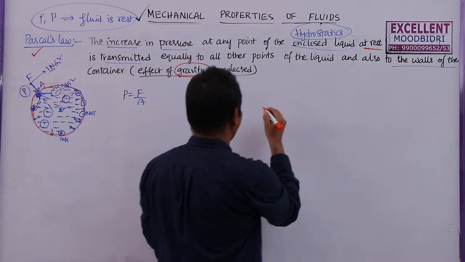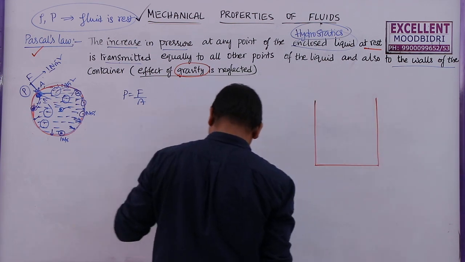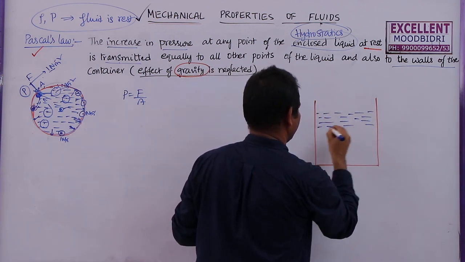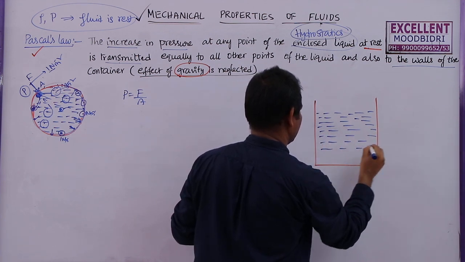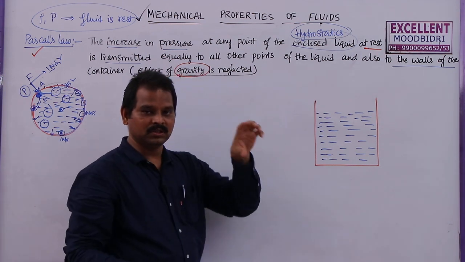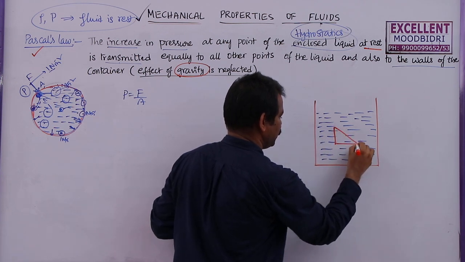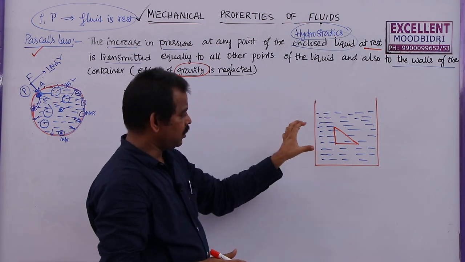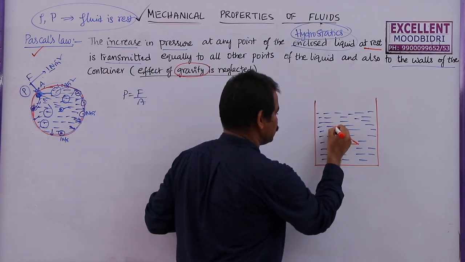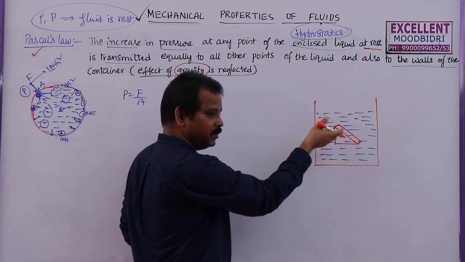For the proof of Pascal's law, let me take a container here. This is a container which is filled with water. Instead of saying liquid every time, I am just considering this as water only. In this I am going to consider a small portion of it, a triangular portion. Remember, this triangle is not this big. This is a small triangular prism, but to observe this, I am taking a triangular prism like this, a small portion. That means this triangular portion is filled with water only.